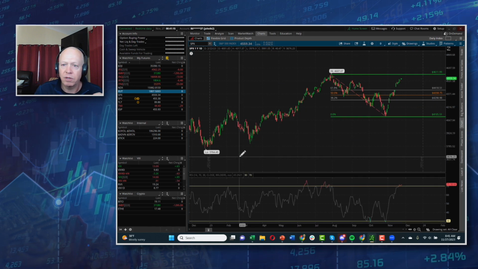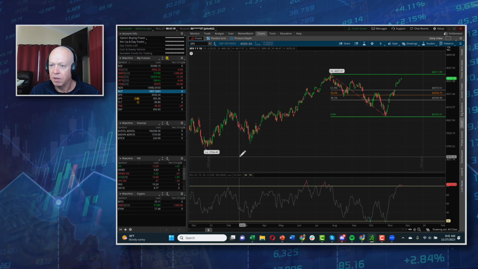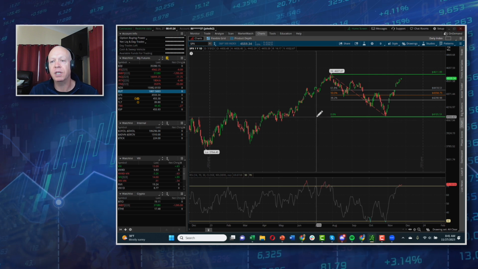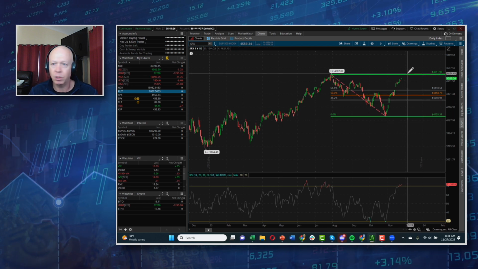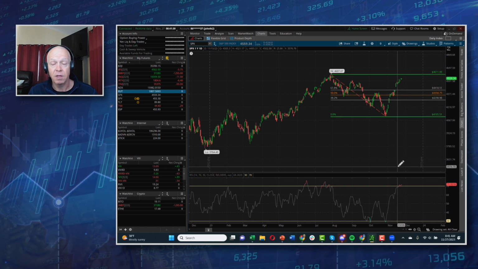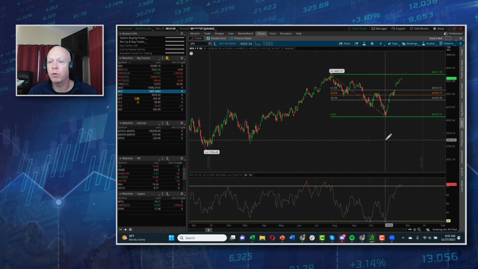Now, when we start talking about overextensions, that's a different story than a momentum indicator. Ideally, if we're going to go short the market, we do want to see the market come fairly quickly into a significant resistance area and pull back. That's where it's likely to pull back. So I'm with you there.